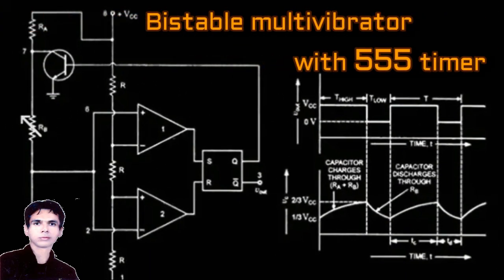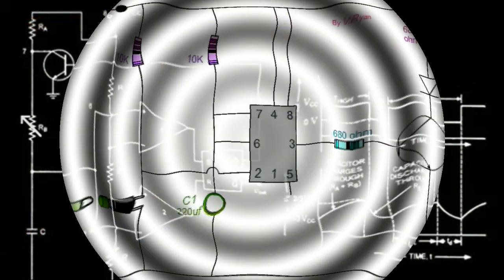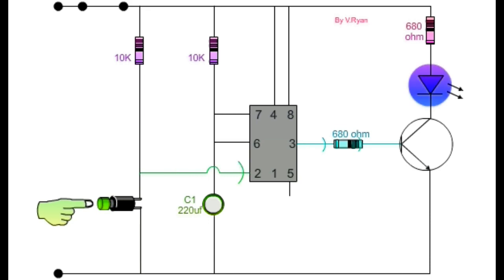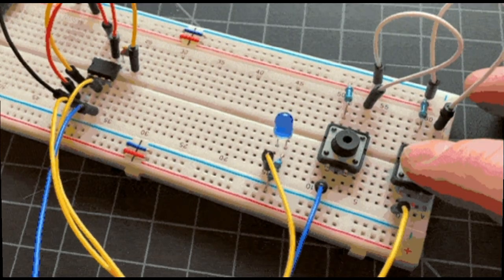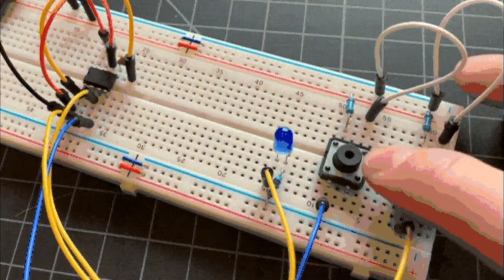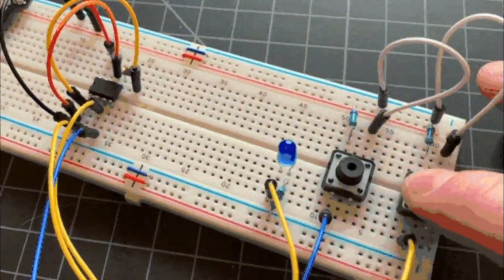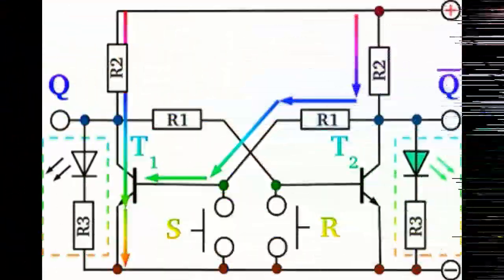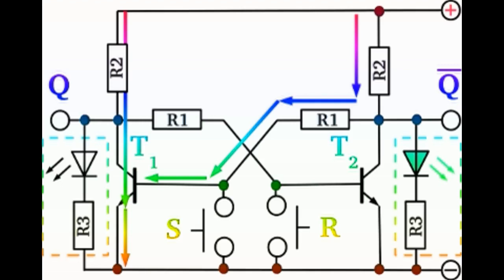Bistable Multivibrator with 555 timer. As well as the one-shot 555 monostable configuration previously, we can also produce a bistable, two stable states, device, with the operation and output of the 555 bistable being similar to the transistorized one we looked at previously in the